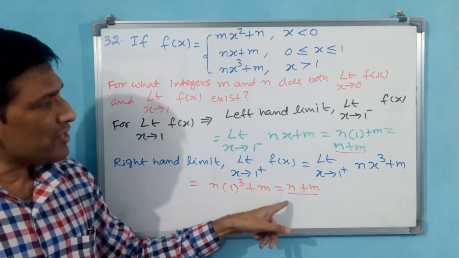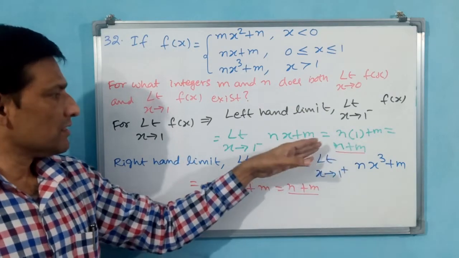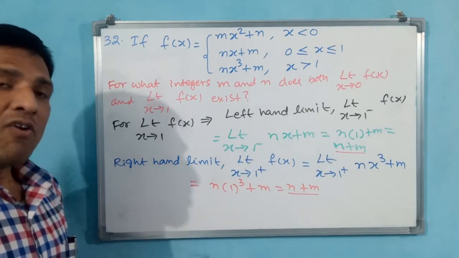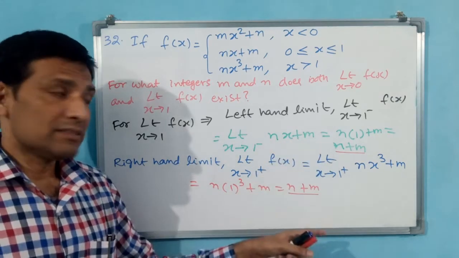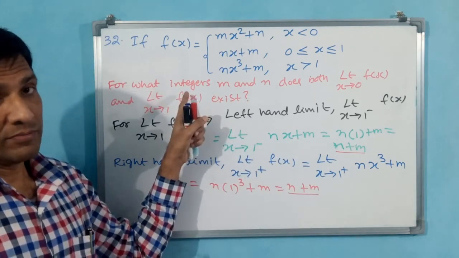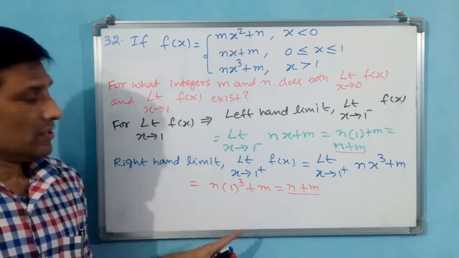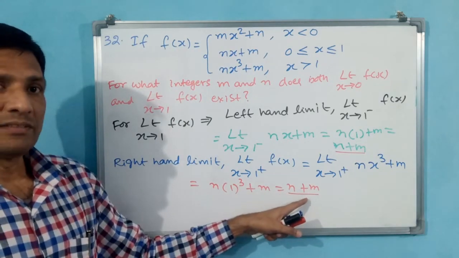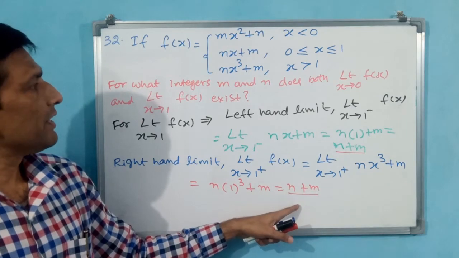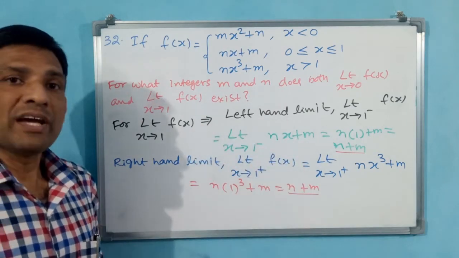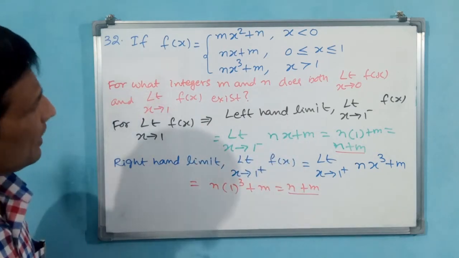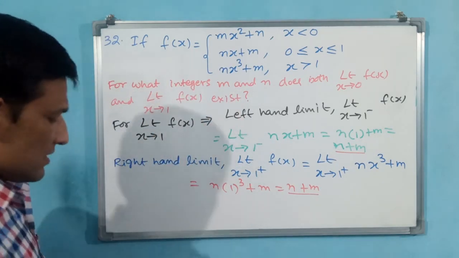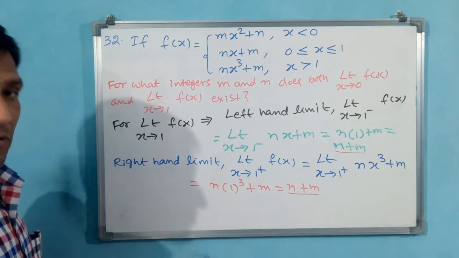Now you can say any values, if you put m and n, then m and n only are going to come. That is why for all values of m and n, these are integers, you know, integers. For all values of integers m and n, limit is going to be existing. For 0 we have written one condition. For 1 we have tried like this.